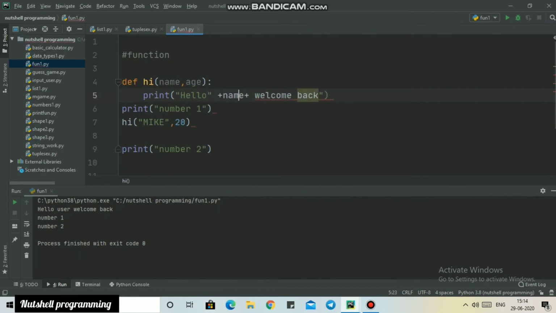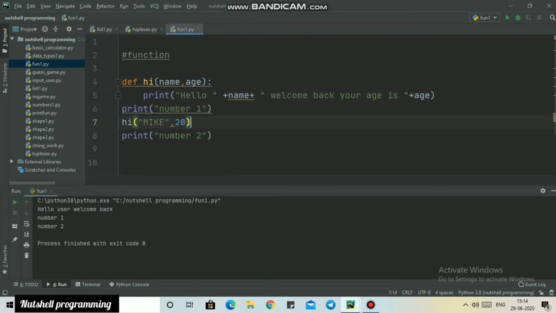So here in the print statement I'll call our variables, which are going to be name and the other variable, age. So I'll write name plus age here. Okay, some spaces here to look good, and plus age. So name and age are written successfully. Our output should be Mike and 20. So just run this program.